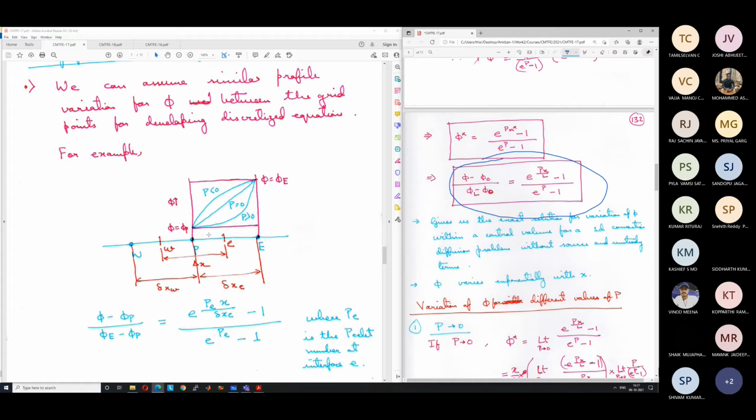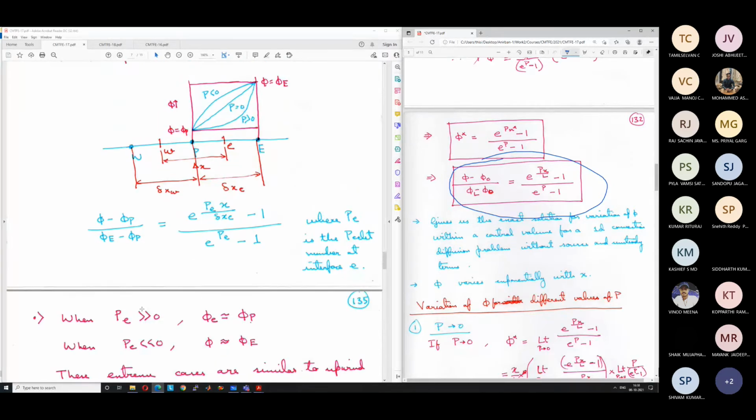We are taking, somewhere we have to take the Peclet number. Okay, at what location we will take the Peclet number? We are taking it to be at the midpoint, whatever is the Peclet number. P x is n, x goes from this point to this point. Okay, the distance by delta xc, which is like the L that we had. Okay, which is the length scale delta xc, minus 1 by e to the power p minus 1. Okay, p is just the Peclet number at each interface, representative of the Peclet number between p and d. Okay.